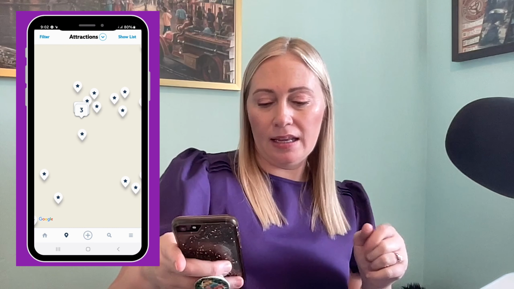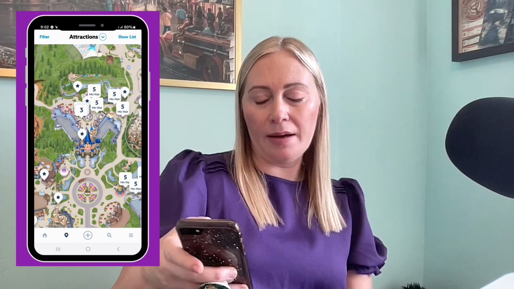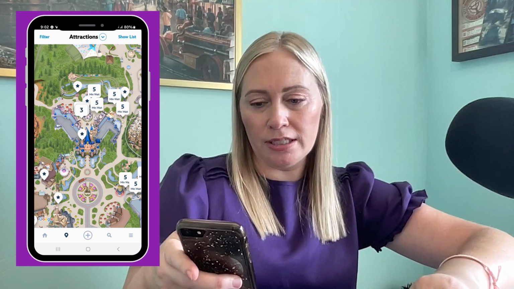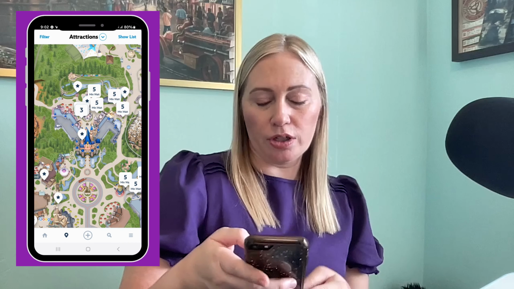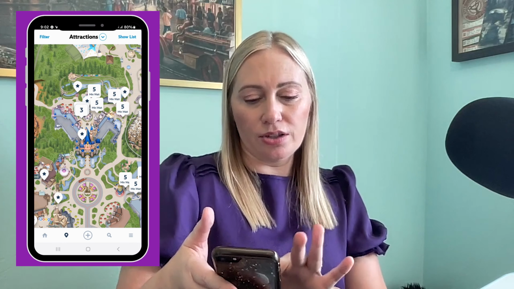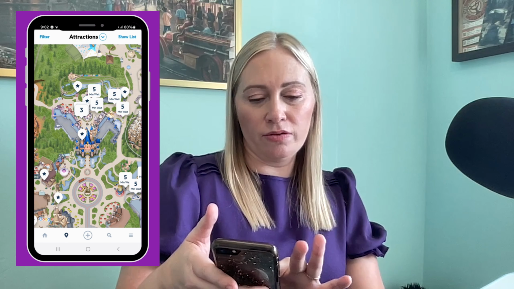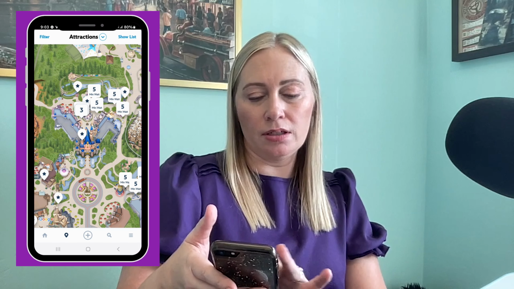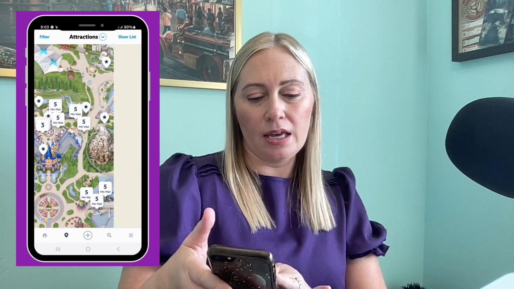So one of my favorite things with the app is to tap that map locator icon. That is just on the bottom next to the home and in the middle of the plus. So let's tap that. And the first thing that pulls up is attractions, and you'll see a map with the castle in the center. And this shows you current wait times for attractions that are just in that zone that you can see. So if you move your finger around just however you want, you can explore different parts of